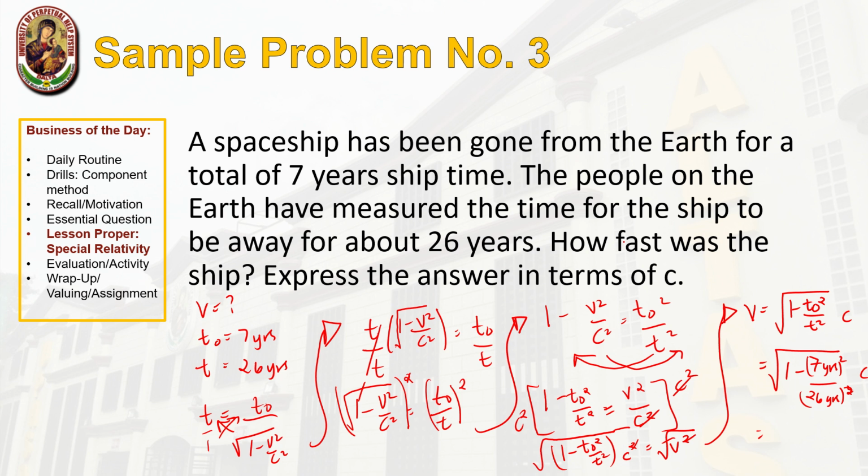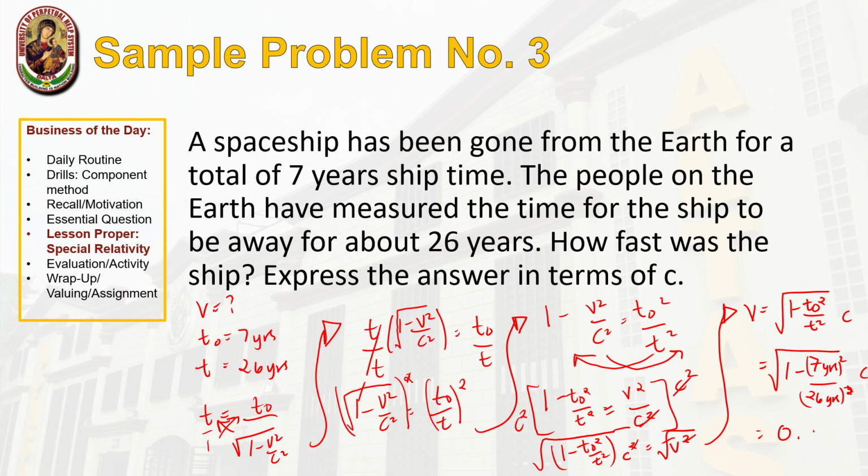That's why we have this request on the last part telling us to express it in terms of c. There might be a tendency for some of you to substitute the value of c, but you don't have to do that. You just have to express it as it is. So if we do the math, the square root of 1 minus 7 years squared over 26 years squared would give us an answer of